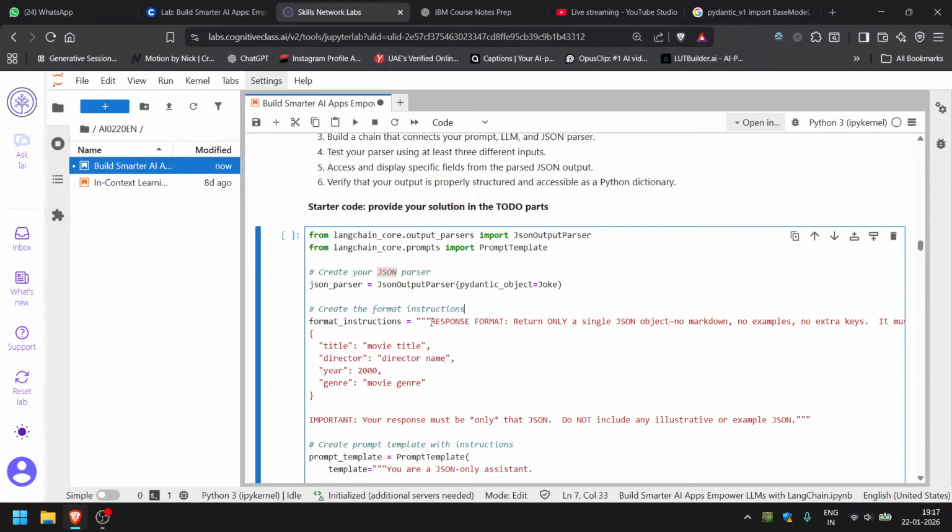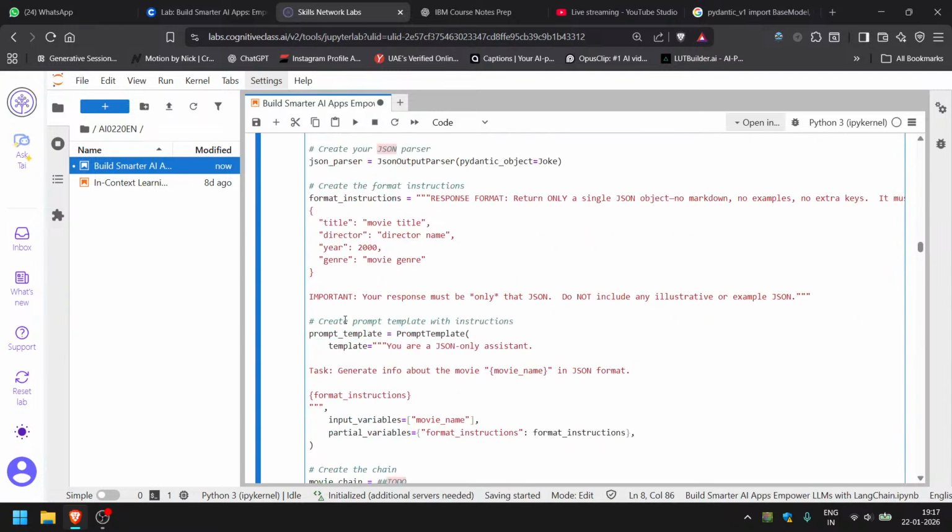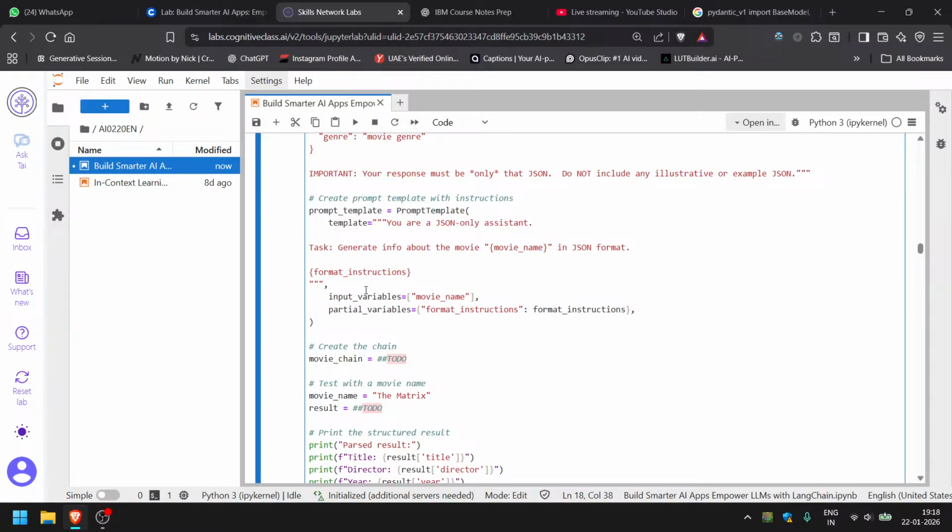Format instructions. Response format only a single JSON object, no marketing. Okay. Iteration first. Create a prompt template with instructions. Movie chain. Movie and